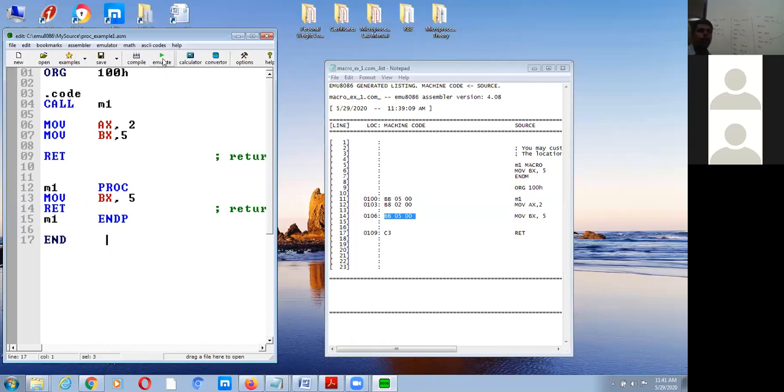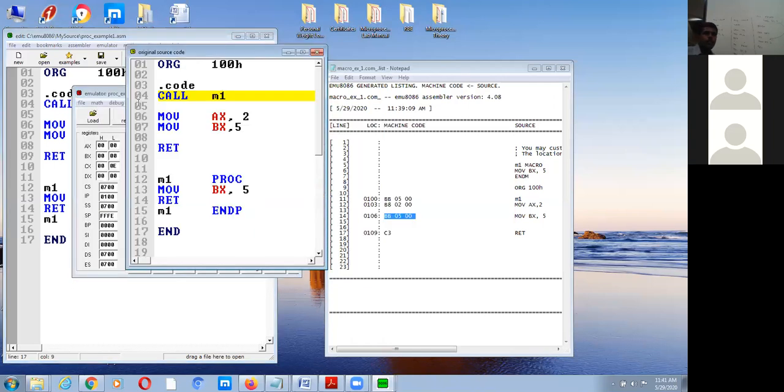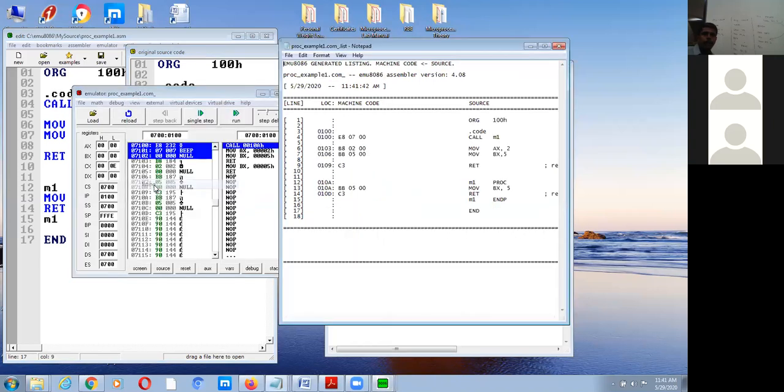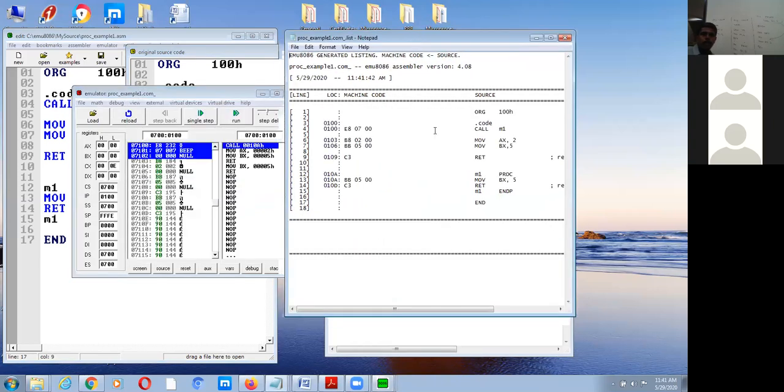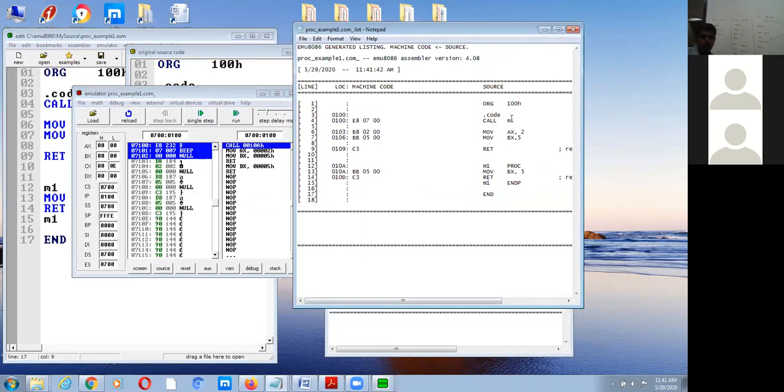Now, when we emulate this and see the listing, what is happening? You see here, this is the start of the code, CALL M1. CALL M1 is E80700.